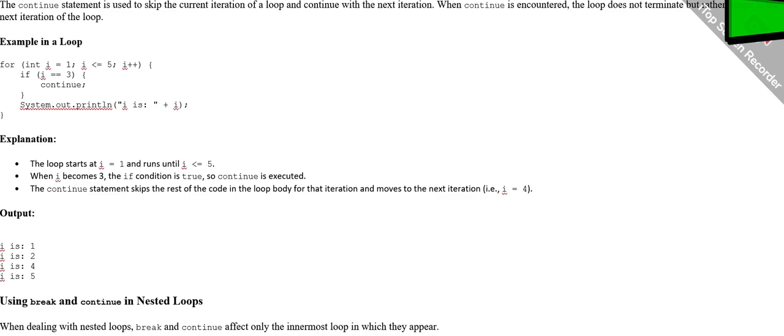Continue statement. The continue statement is used to skip the current iteration of a loop and continue with the next iteration. When continue is encountered, the loop does not terminate but rather jumps to the next iteration of the loop. Example in a loop. for (int i = 1; i <= 5; i++) { if (i == 3) { continue; } System.out.println("i is " + i); }